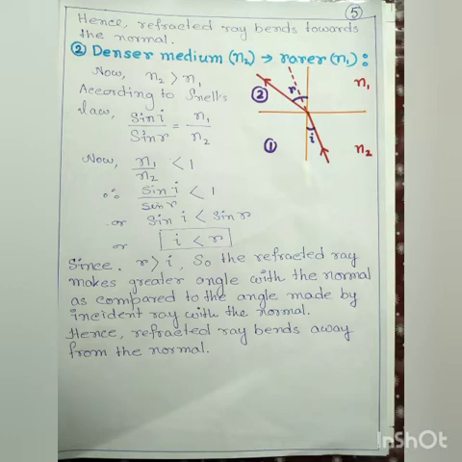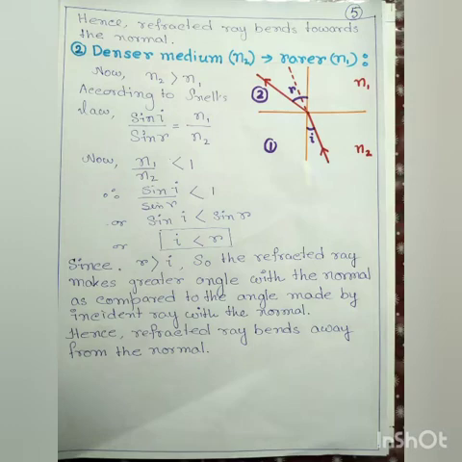According to Snell's law, sin i by sin r will be N1 by N2. See, for the previous condition, sin i by sin r was N2 by N1, and here it is N1 by N2, because here the second medium is the N1 medium and the first medium is the N2 medium. Sin i by sin r means the absolute refractive index of the second medium by the absolute refractive index of the first medium. So now N1 by N2 is less than 1.